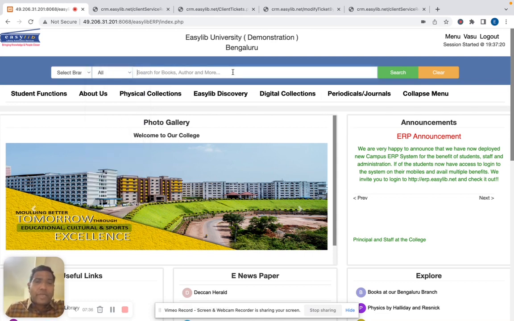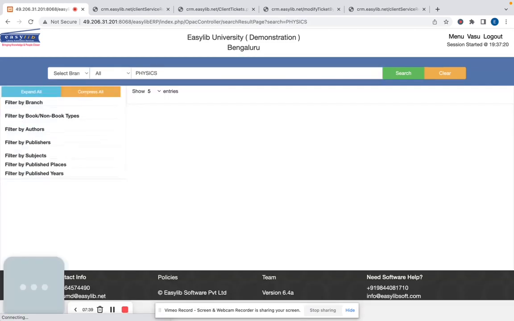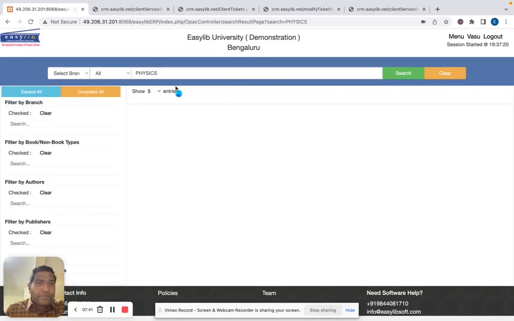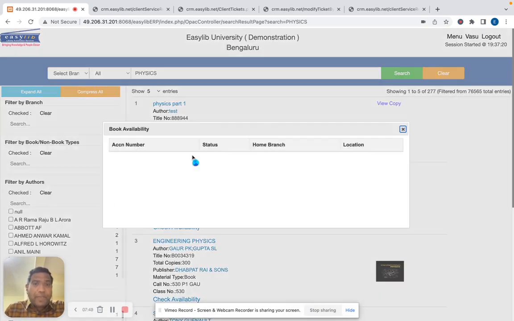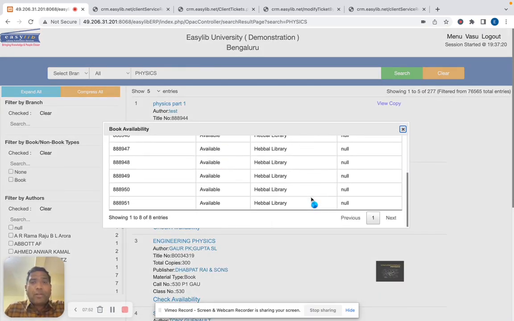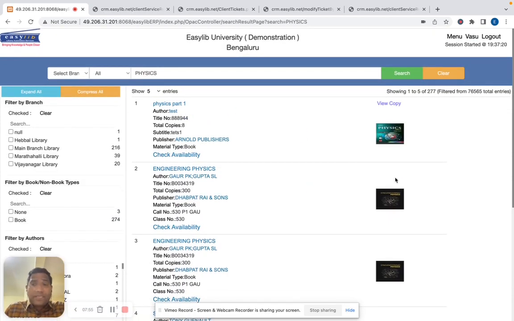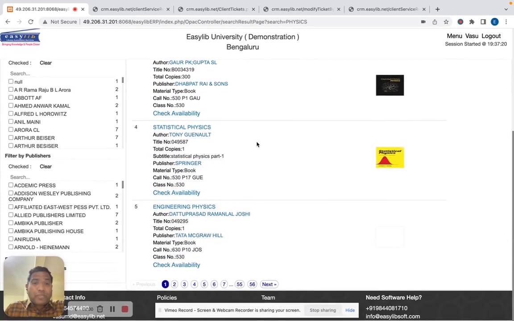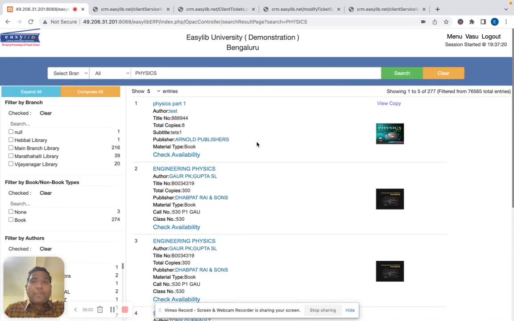It's pretty simple over here. Anytime you want to search on a book, you simply click on the search button over here. So it's really getting the search results over here. Okay, so now I simply click on this and it's showing all the books that are available here, and it also gets the images for the books. Here I choose a particular book. A lot of copies are available, and as you see, there are about 90,000 books that are already loaded in the software. So anytime you just simply click on this particular title, it goes further into the